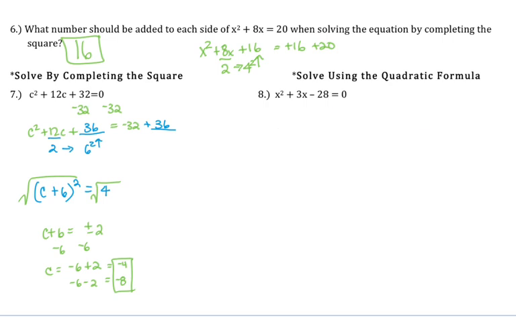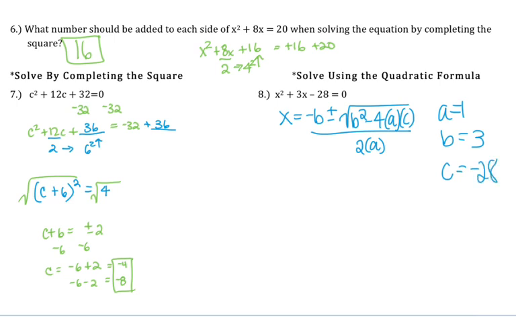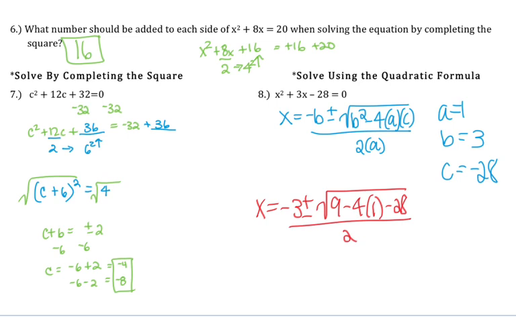Okay, sorry about that. I solved it by completing the square, and I actually need to solve it using the quadratic equation. So the quadratic formula says that -b plus or minus the square root of b squared minus 4 times a times c, all over 2 times a. Our first thing is we need to identify a, b, and c, which is 1 for a, 3 for b, and c is -28. So we plug into our equation, getting x equals -3 plus or minus the square root of 9 minus 4